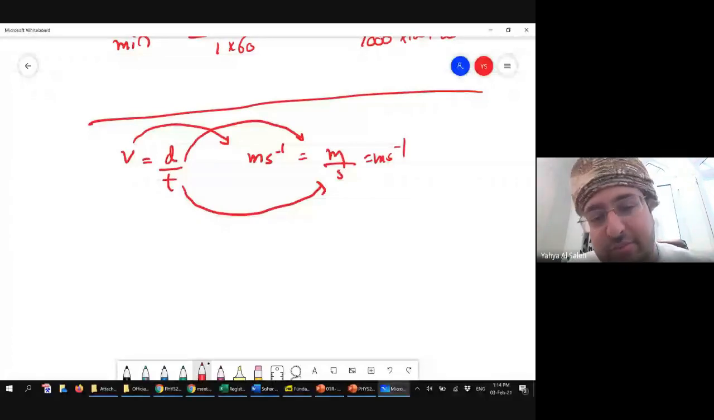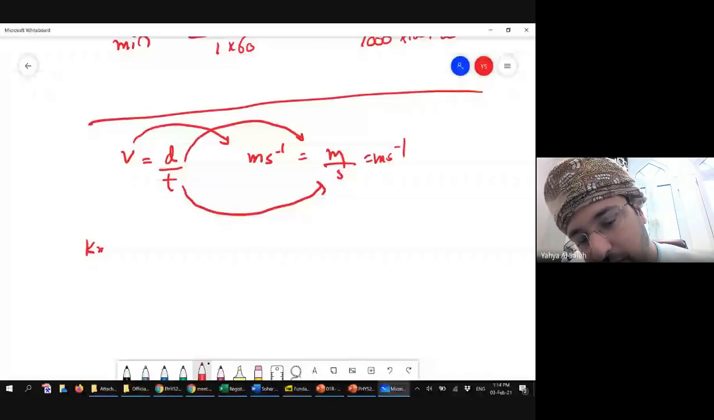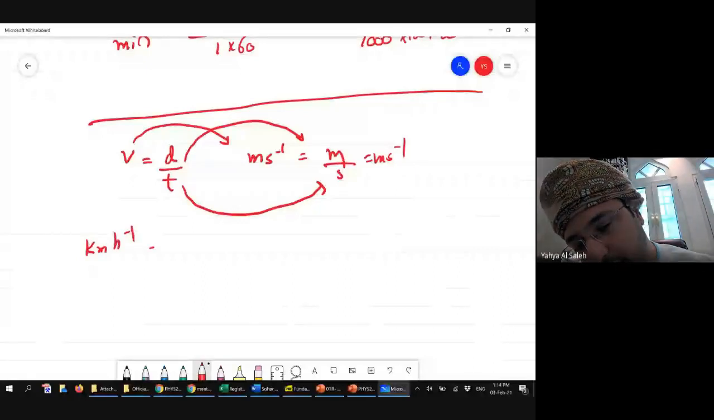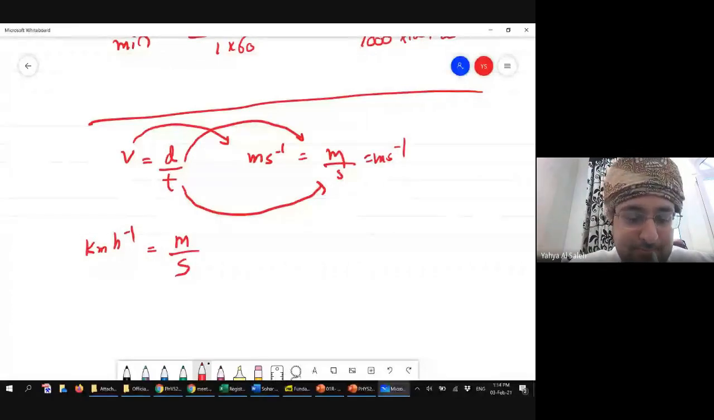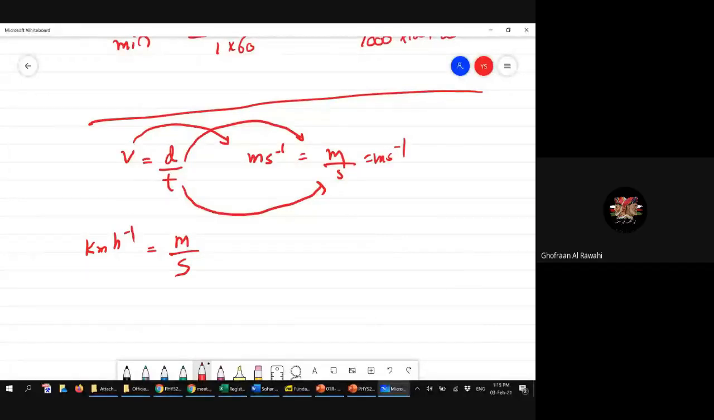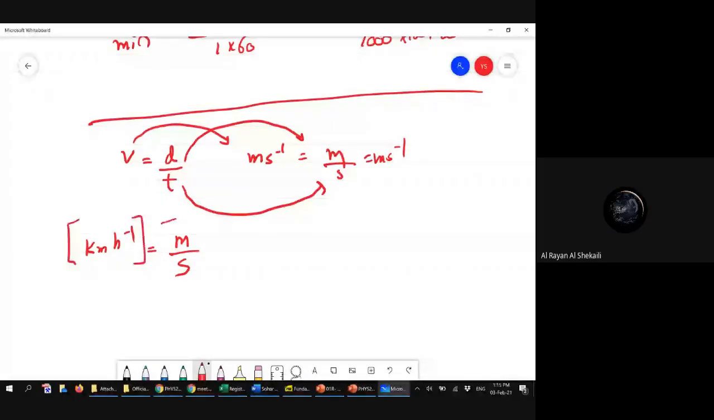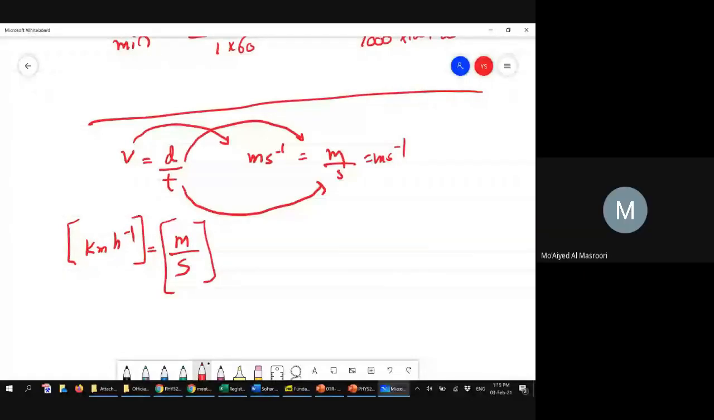What if I tell you this? Kilometers per hour, meters per second. Is this consistent or not? Dimensionally, not unit-wise. Is this equation still correct? In terms of units? Yes. No. Yes, no, maybe. Let's take a look. In terms of dimensions,